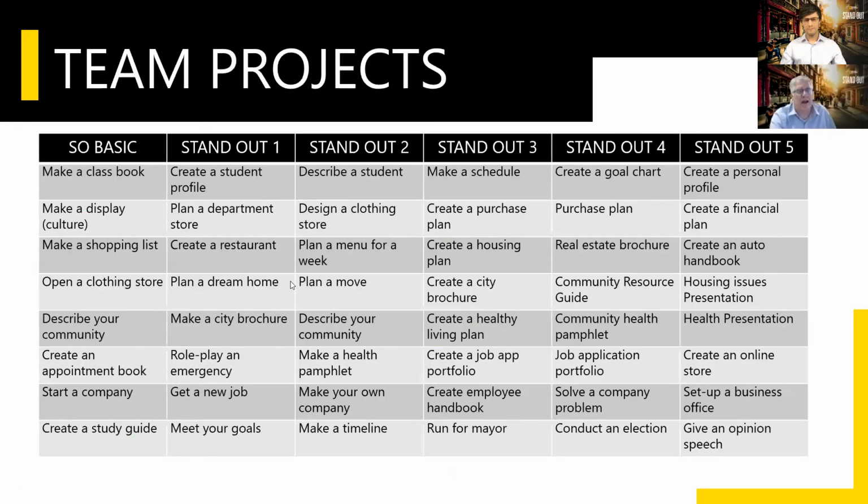Here's a couple of examples. In Standout, we have projects at the end of every lesson. Again, there's 5 at the end of every unit. There's 8 units in every book. There are 6 books. So you have all of these projects. You'll notice in the 7th unit,